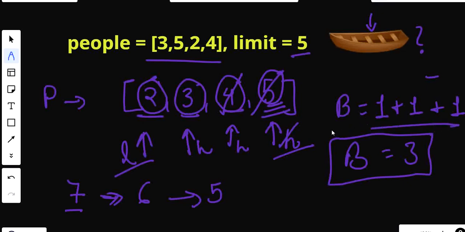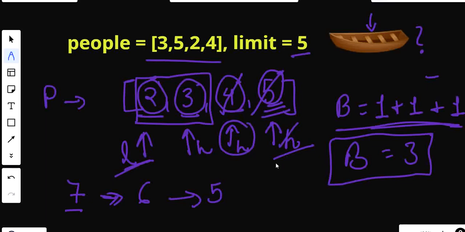Vote count in any way is going to get increased in every step, but the main reason why we are comparing these weights with the limit is to check which pointer needs to be updated. Like in our case, we hadn't ever updated our left pointer because every time we were updating our heaviest person pointer, right? The pointer which is the right pointer. So at the end only we updated our lighter pointer, that is the condition when it was satisfied that these two can be paired together. So this is the main reason that we are checking that condition.